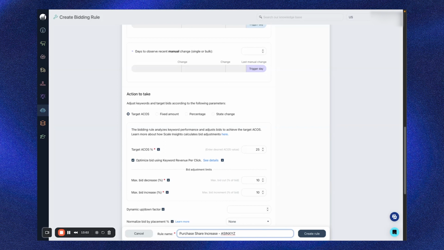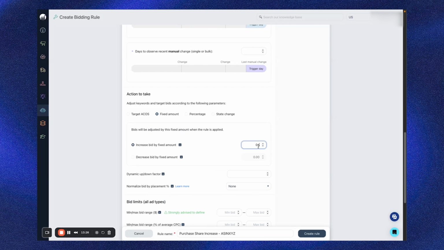I would just recommend that you use different rule sets for each ASIN, because every ASIN has a different performance. For an ASIN where we're having a relatively high TACOS, we might not want to be as aggressive. So I would always determine the logic of your optimization based on the ASIN level performance. And then you can do percentage or fixed amount. Again, this comes down to how aggressive you want to be. In general, smaller increases are more careful, more conservative, but also slower, obviously. And then you would click on create rule.